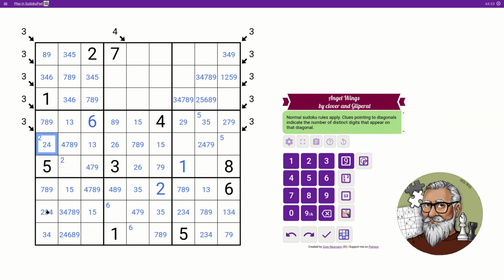So close. No, this could have a 6. It's not 2, 3, 4, it's 2, 3, 4, 6, except that 3 and 6 are not available here. So that's good, but...